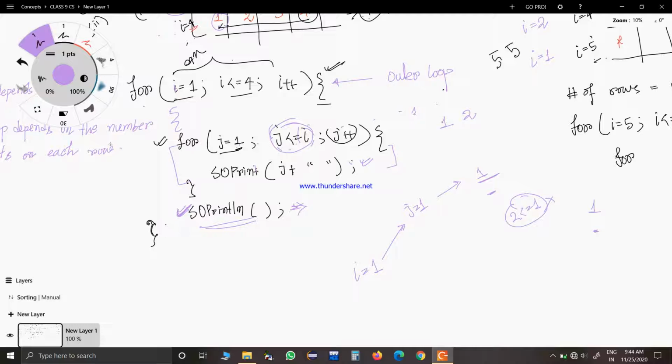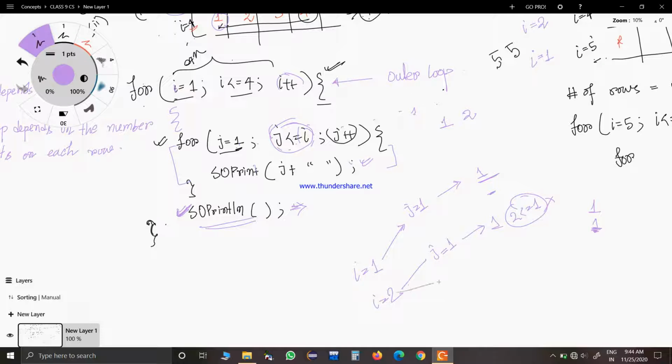And it will again go to the body, and the I value is increased because it is the increment. For I equal to 2, the inner loop will run again, 2 times. For I equal to 2, j will run from 1, and for 1, 1 will be printed. The cursor is now on the next line.